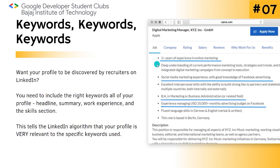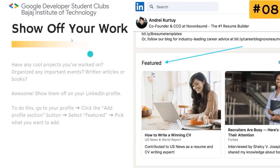You can see here online marketing, Facebook advertising, business administration. So these are the keywords used. And then comes